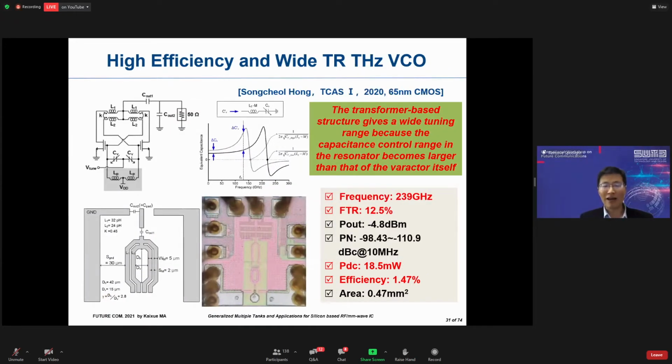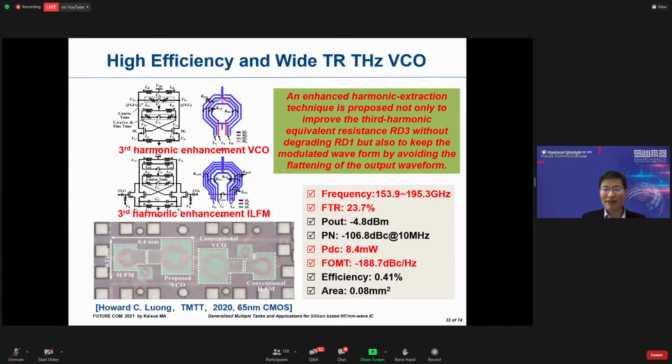And these are some other designs for the terahertz VCO, with an operating frequency up to 239 gigahertz for very high frequency use, using a multiple tank concept. And this is another example for a 150 gigahertz to 190 gigahertz VCO design. From this kind of thing, we can see that this kind of technology has become very popular for RFIC design